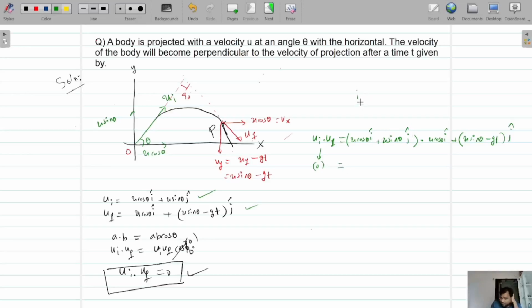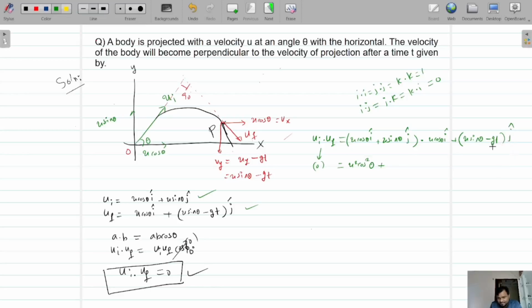You know the vector dot product rules: i dot i is equal to j dot j is equal to k dot k is equal to 1, but i dot j is equal to j dot k is equal to k dot i is 0. So here u cos theta i cap dot i gives 1, you will get u square cos square theta. i dot j becomes 0, no need to write, and with this the j dot i term also becomes 0,